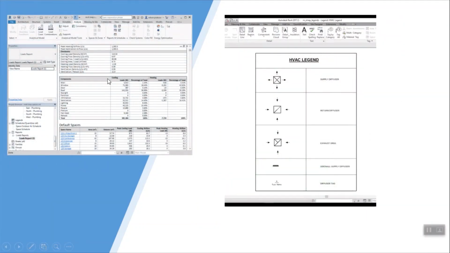So this is the sample report output. This is the heating and cooling calculation report, and this is the symbol of diffuser. The outside arrow indicates a supply diffuser and the inner arrow indicates a return diffuser. And then the same inner arrow but in a square box is something different, right? That is called exhaust. Okay, so that is the three different things we have.